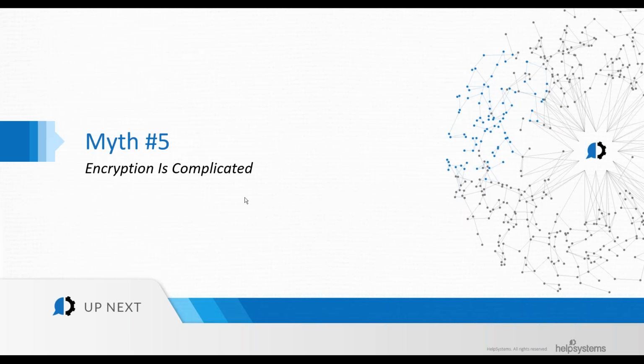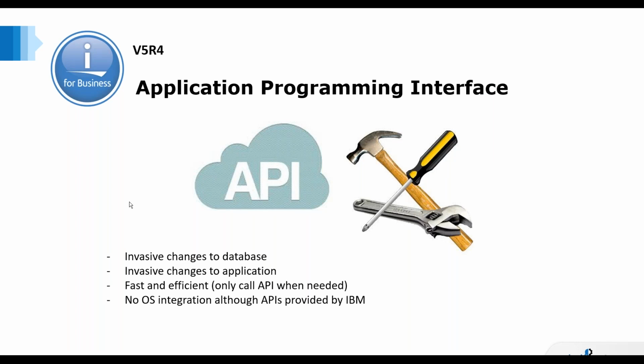All right. Myth number 5, the last one here that we'll talk about, is that encryption is complicated. And personally, my mind's blown. It certainly can be complicated. And if you go back in history, there are some pretty simple algorithms, but if you start following it a couple years into it, it does very quickly become complicated. And I'm not a math whiz. I'm really good at solving problems, but math really just isn't my forte. So this is where those algorithms really can start to make things more difficult.